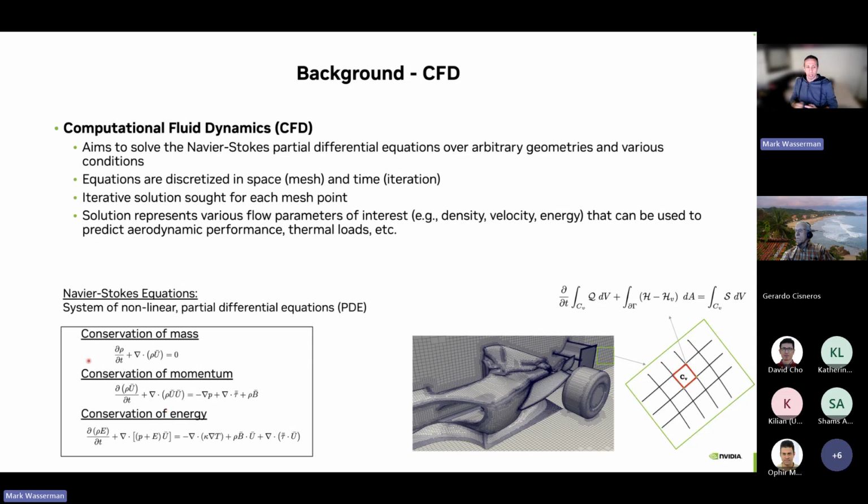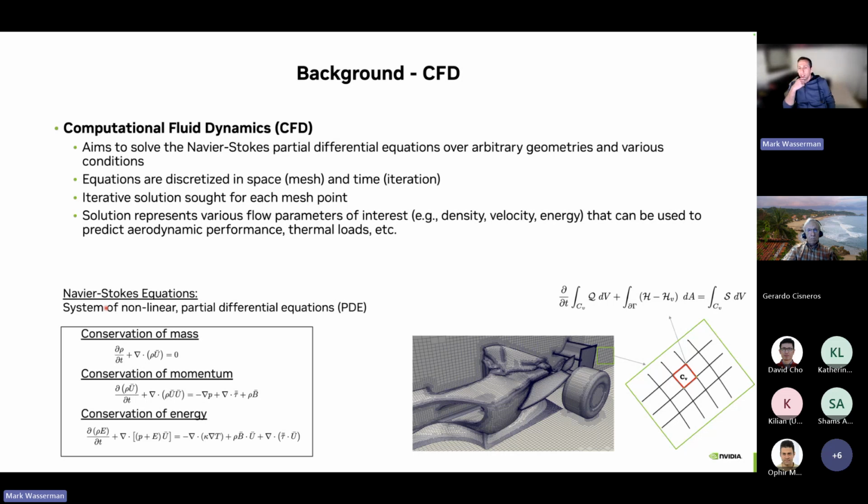So basically, these equations solve for a conservation of several quantities, in this case, as I mentioned, mass, momentum, and energy. And by solving these equations, we can describe completely the flow of fluids along a specific flow domain, which involves a body and the surrounding medium. So this system is very complex. It's a system of nonlinear partial differential equations, which has